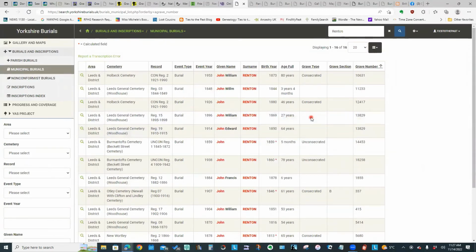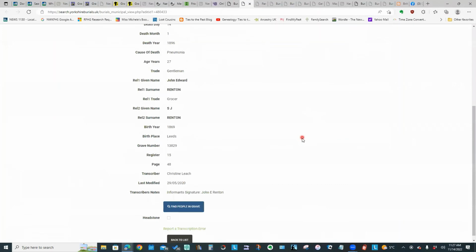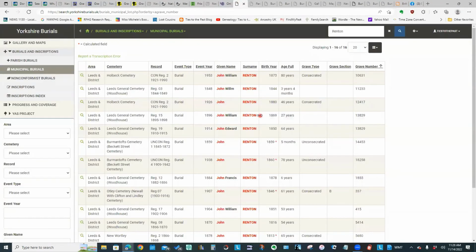If I look at the John William entry and I scroll down, if there are multiple entries for that grave, you will see this Find People in Grave button. And if I click that, it is now showing me everyone in that grave. That is a really handy feature, giving you the summary of all the people that share that grave.